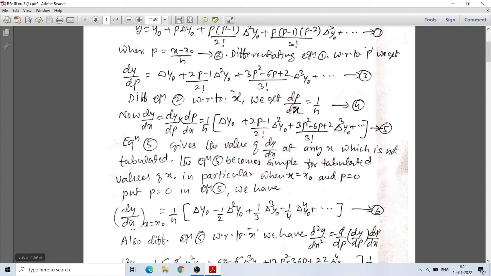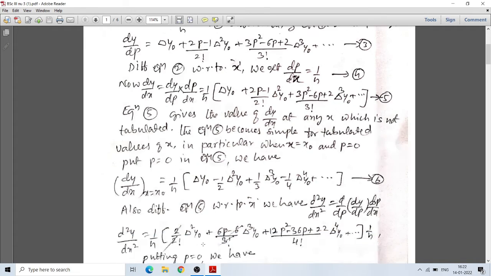Then we get dy by dx at x equal to x naught as 1 over h times delta y naught, then minus 1 by 2 delta square y naught, and for the third term, the p terms go to 0, 2 is left, and 3 factorial is 6. Then 2 by 6 is 1 by 3, delta cube y naught, minus 1 by 4 delta 4 y naught